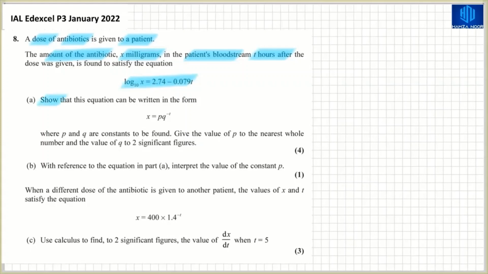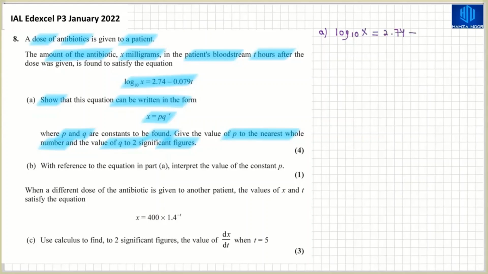So the requirement of part A is to show that this equation can be written in the form x equals p multiplied by q raised to the power minus t, where p and q are constants to be found. Give the value of p correct to the nearest whole number and the value of q correct to two significant figures. So in part A, we have this equation, log base 10 of x equals